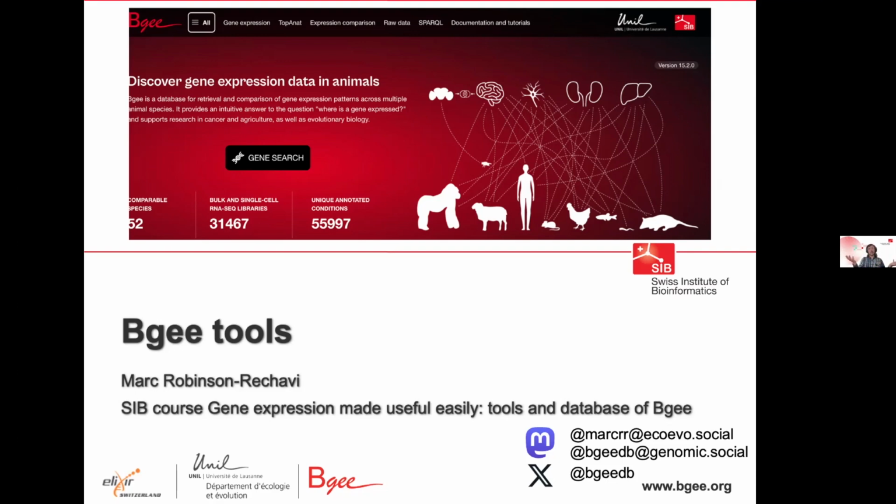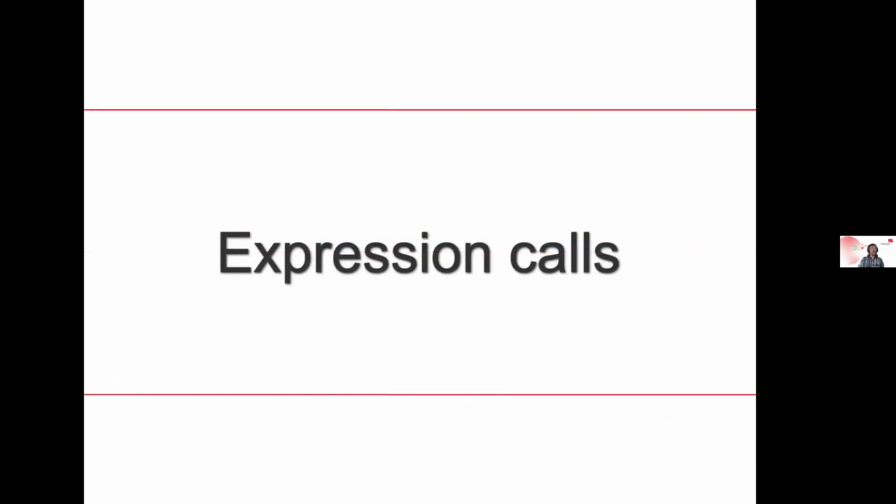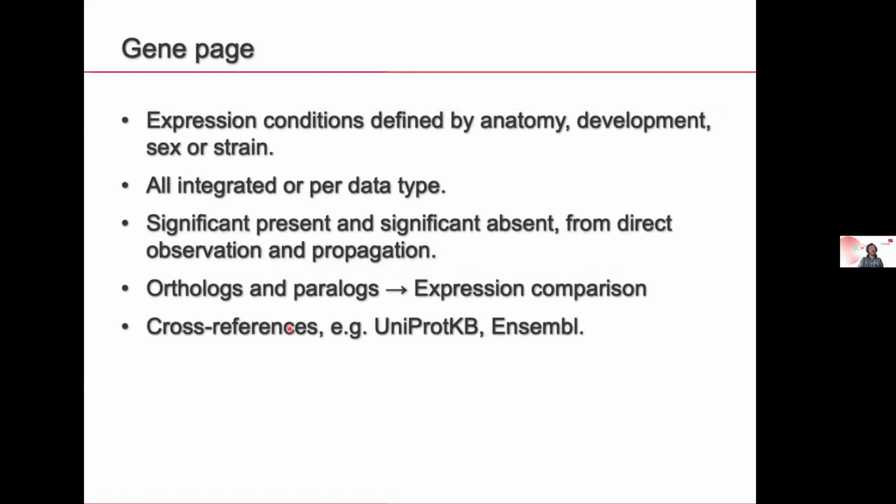we annotate all this data, we integrate it, we build knowledge on where and when a gene is expressed from it, and now what can you do with this knowledge? How can you leverage it to learn more biology? So the first thing we have is that Frédéric just showed you the raw data pages. We have similar pages where you can leverage our expression codes. So of course you have the gene page that you've already seen, where you see for